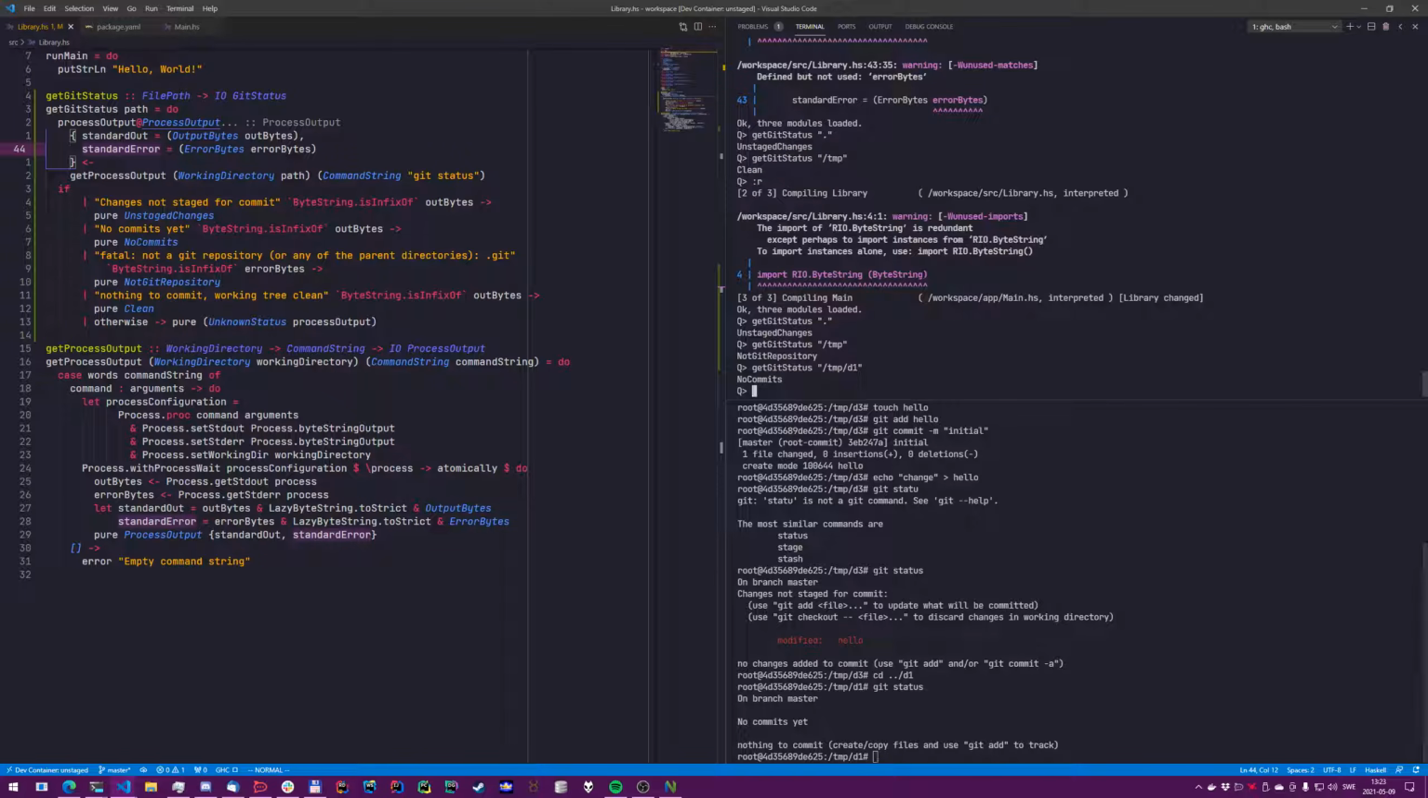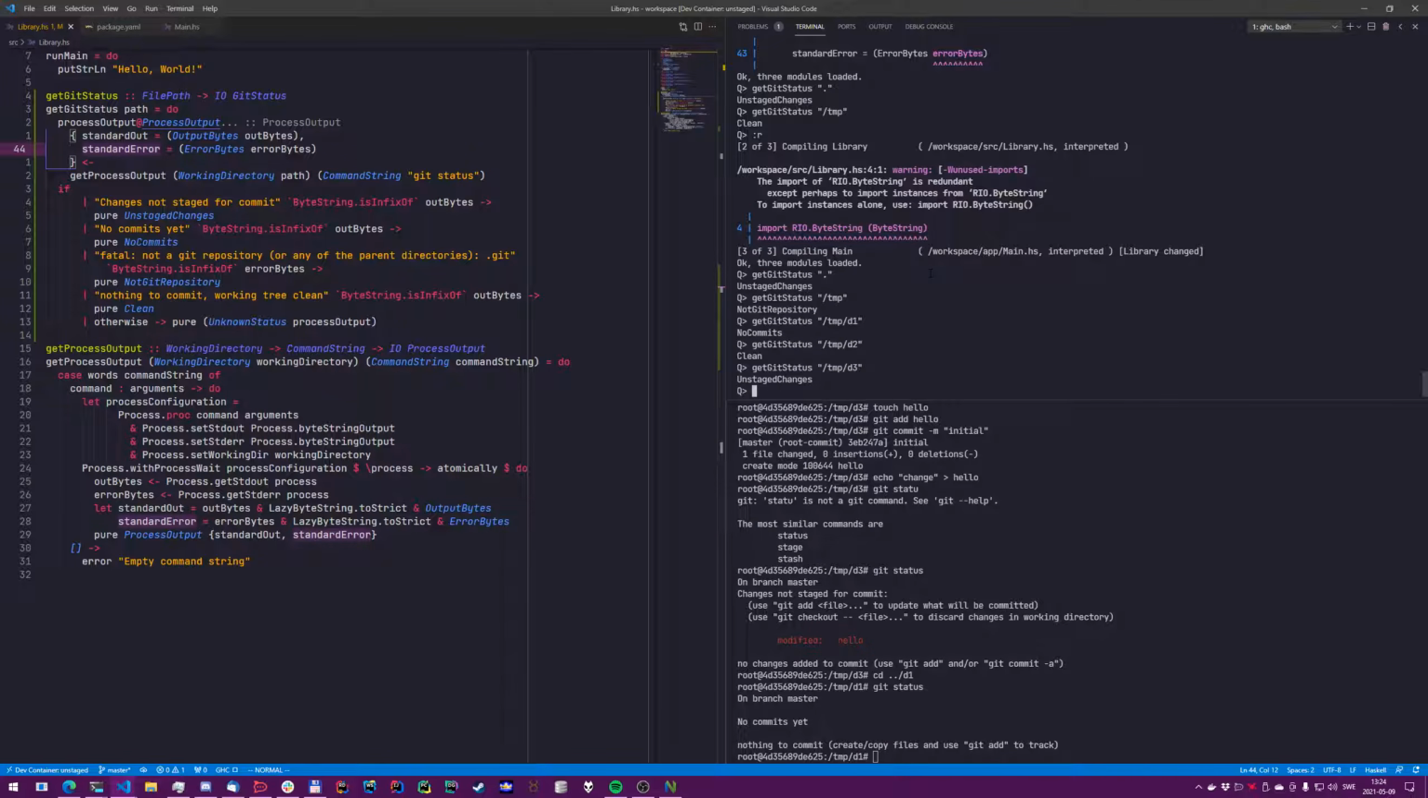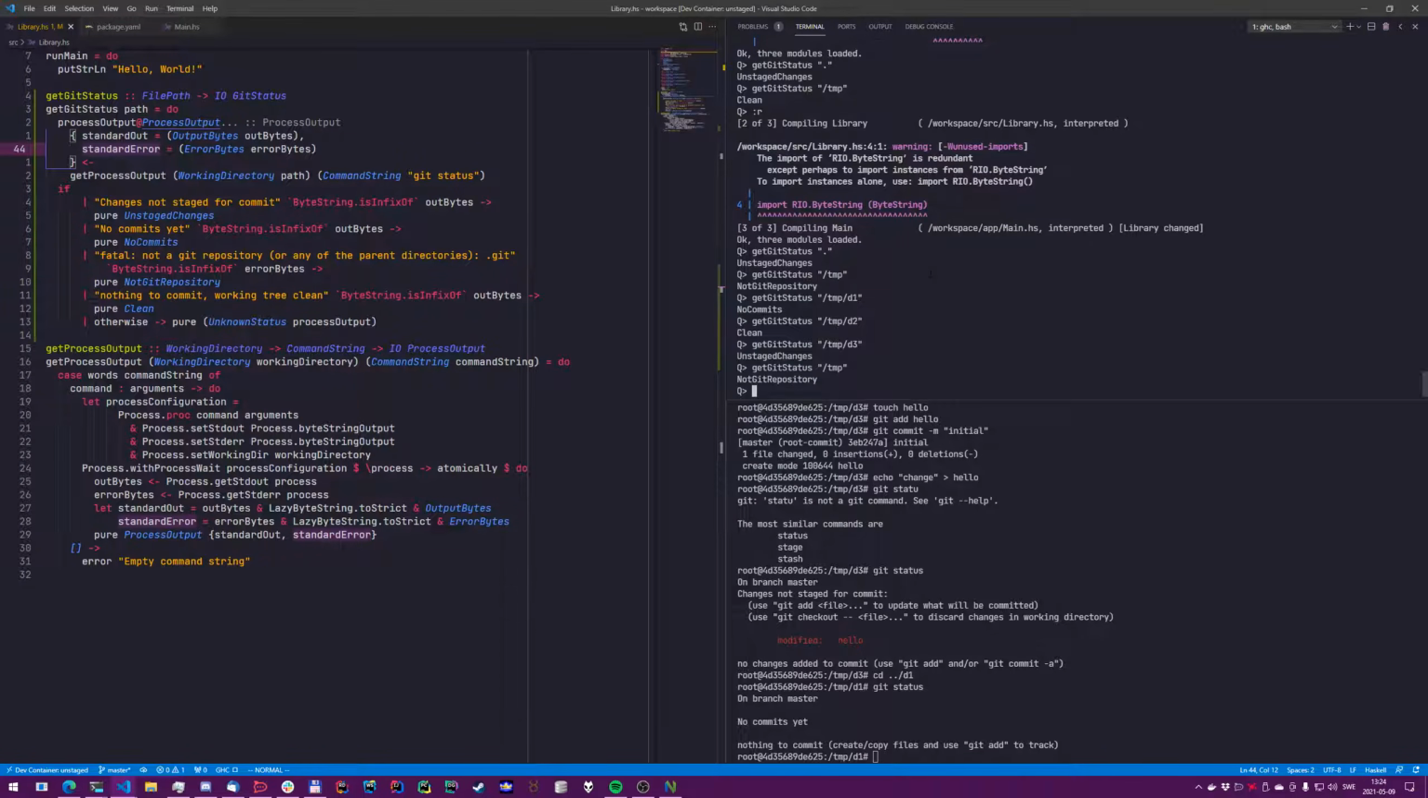It does. D2 should be clean. It is. D3 is the one with unstaged changes, right? And TMP itself is not a Git repository, right? So now we're saying we're reporting the correct thing for these, right? So with that in mind,